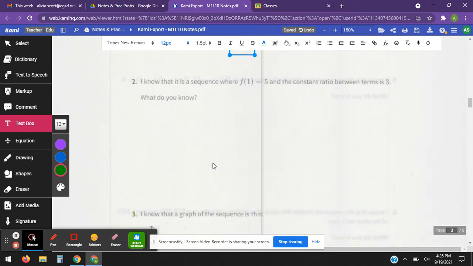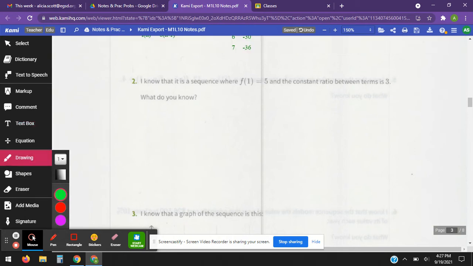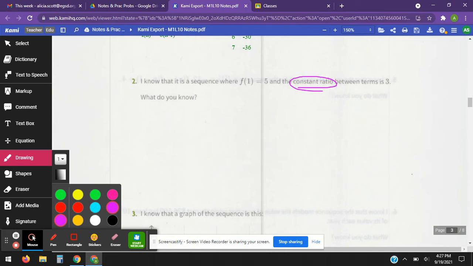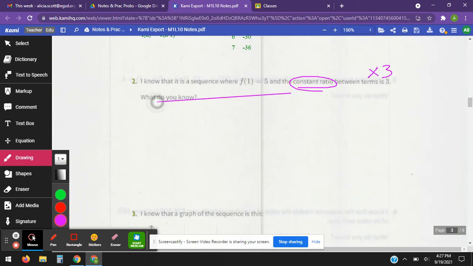Okay, number 2. I know that a sequence where f of 1 equals 5 and the constant ratio between the terms is 3. So it is a constant ratio, which means it's a times 3. Let's do purple for this. If I'm going to do my recursive, it tells me my f of 1 equals 5, and